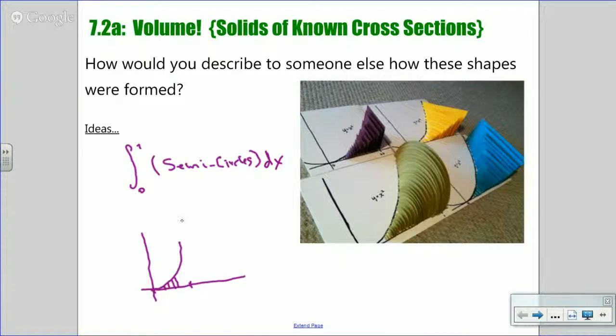So if I want to figure out the actual volume of this shape, I'm going to need to know the equation of the area of a semicircle based on its diameter, and that's what we're going to get to in just a bit here. But what I want to do first is I'd like to show you kind of how